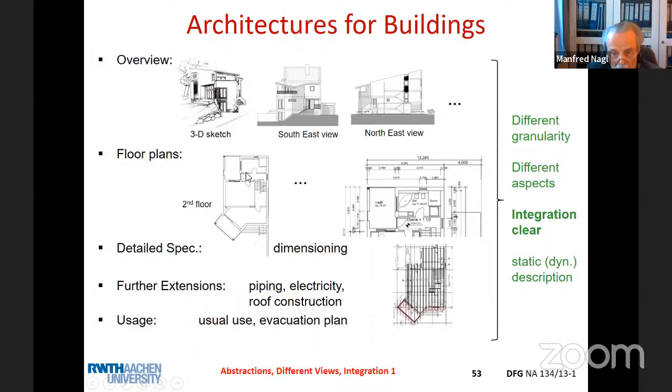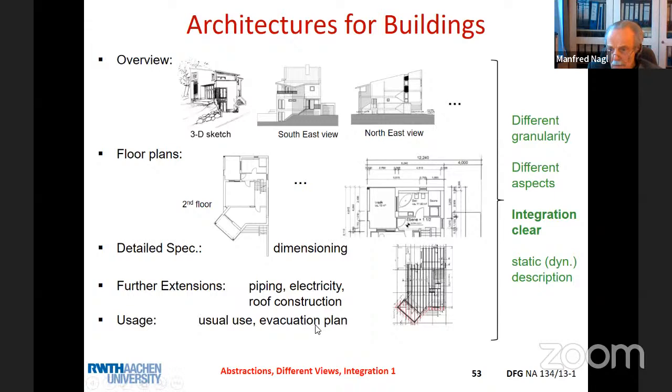For example, here a simple floor plan, which is then approved and which is then made detailed by dimensions, but also by things to be placed in different parts and so on. And furthermore, we have different extensions for piping, for electricity, for roof construction, for the basement, and so on and so on. Okay? And even in big houses, we have the usual use that you place certain rooms at one place together with other rooms. And we have an evacuation plan, a dynamic use, on the other hand, in the case of